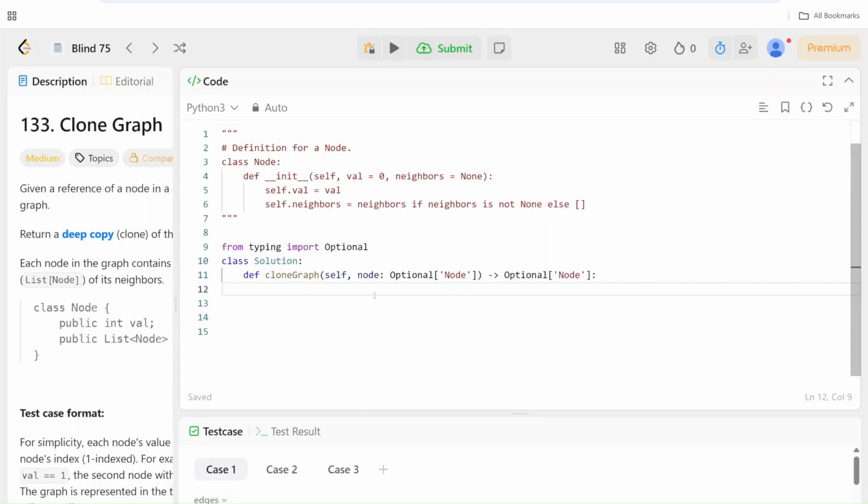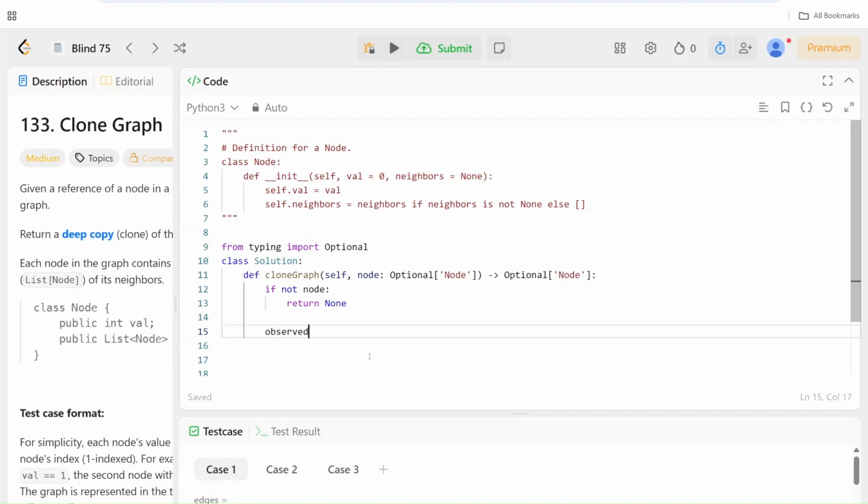Now, the first thing that we need to do is, if there is an empty graph, then we just have to return None. So I'm going to code this as: if not node, then we just return None. Otherwise, we have to do breadth first search. So for doing this, we first have to clone the node, and whatever node we have cloned, we have to map it with our old node so that we know how to reference it.